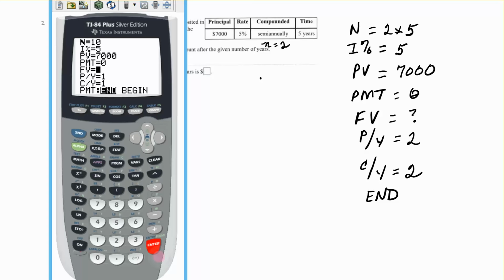I guess it wanted a number in there. Okay, so leave the number in there. Don't clear it out yet because it won't move away. I apologize. Okay, 2, enter,